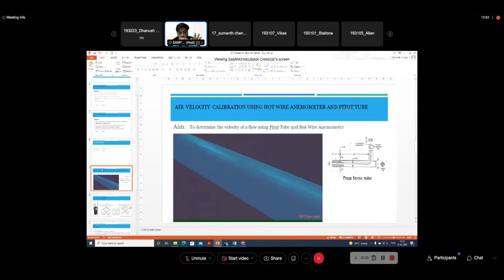All right. So it is a very, very precise instrument, and we can measure the velocity with this instrument. We will come back to the working principle and all. Just very briefly, I will focus on how we calculate the velocity of the flow using the hot wire anemometer. Very briefly we will discuss. But time and again, the problem that comes with the anemometer is every time you want to use an anemometer,